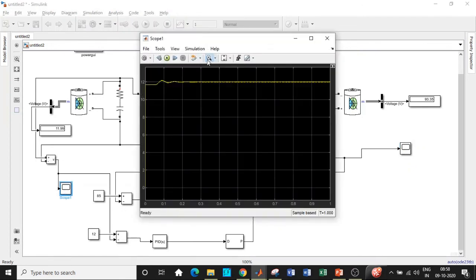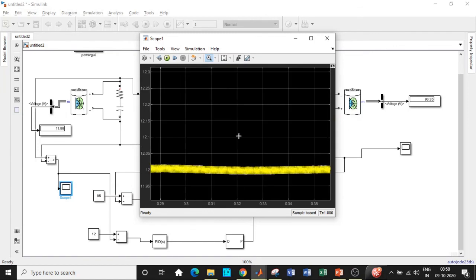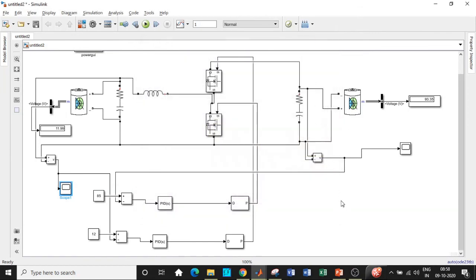So if you want to operate this individually to see only buck operation or boost operation, you can program this using a controller, or you can use an OR gate and check for conditions. Only this should be operating and only this should be operating. So based on your requirement, you can do it. But this is how you will be justifying bidirectional converter operation, that is buck boost operation. I think you would be able to simulate the circuit on your own, and the working of it is understood.